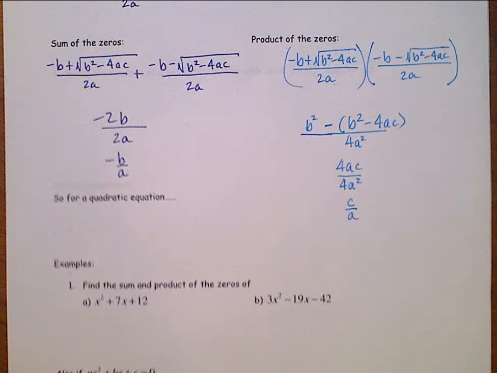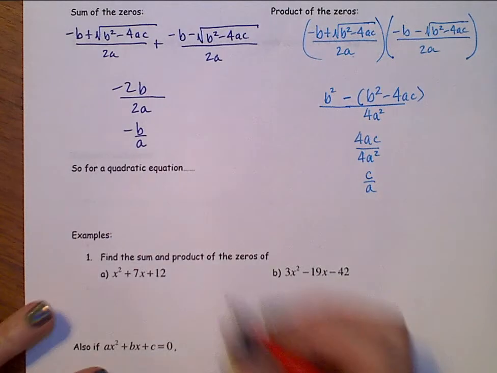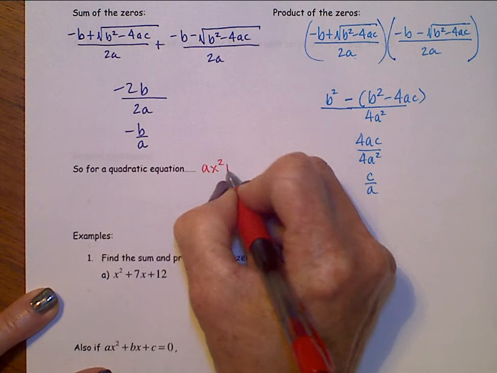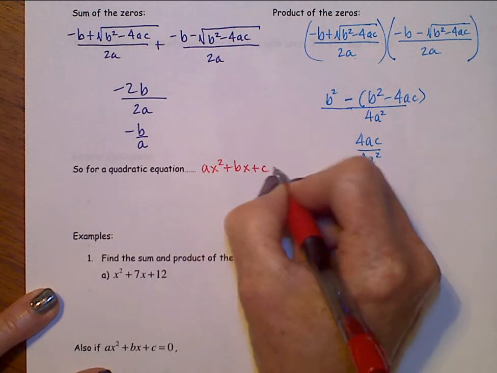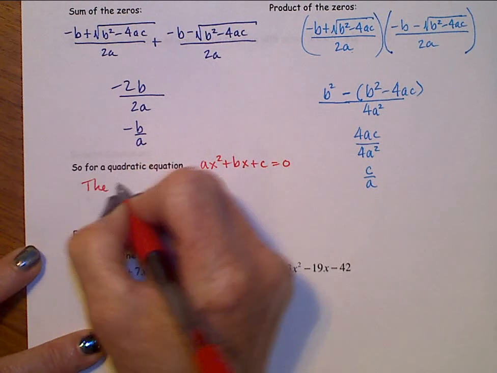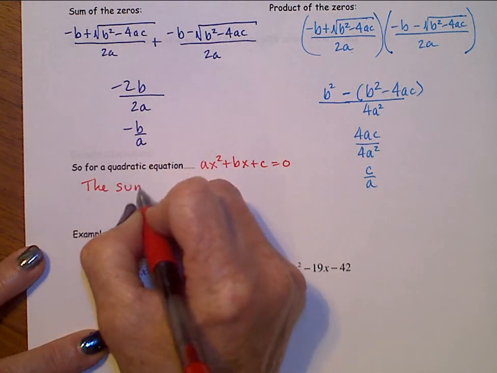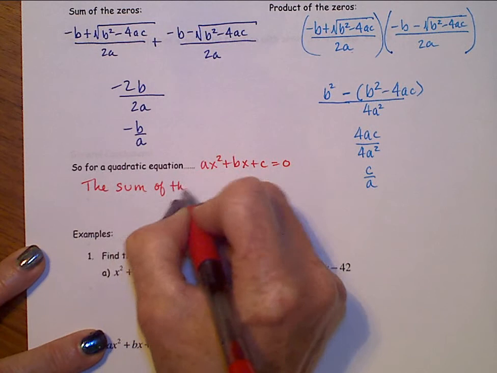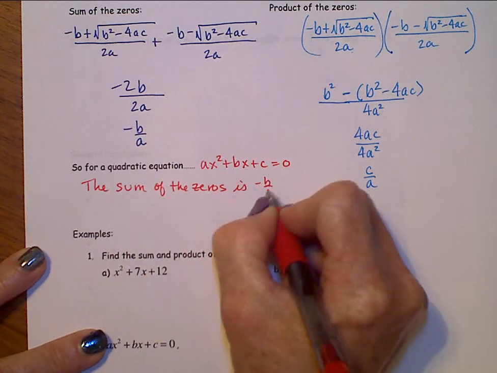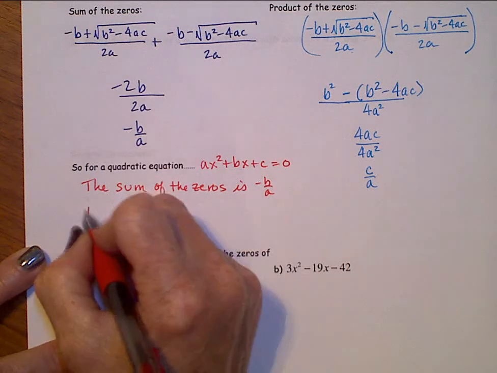All right, so tying this all together, this says for a quadratic equation in the form ax squared plus bx plus c equals 0, then the sum of the zeros is negative b over a, and the product of the zeros